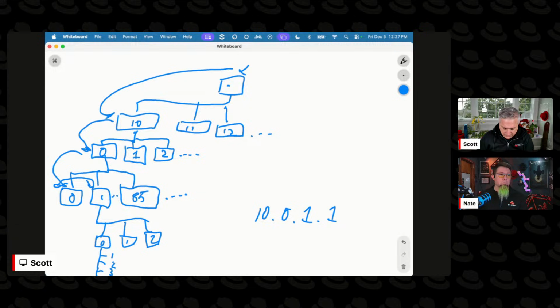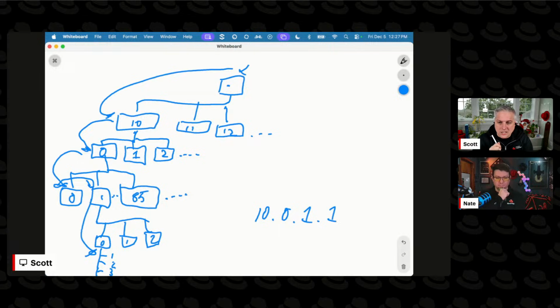And then down there. I may have added one more layer than I needed to here. But essentially you traverse the same way. You go up to the roots and then you traverse your way down. Now, the thing that you'll notice as a DNS administrator is that when you're putting in these records, they're oriented backwards.